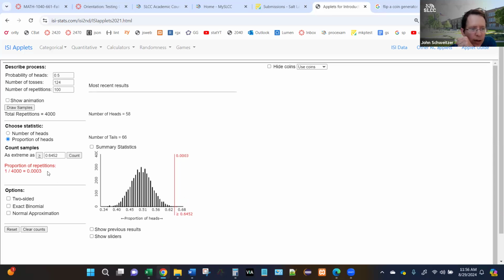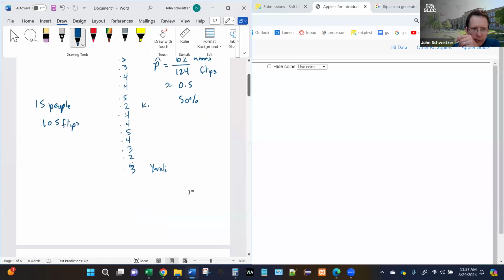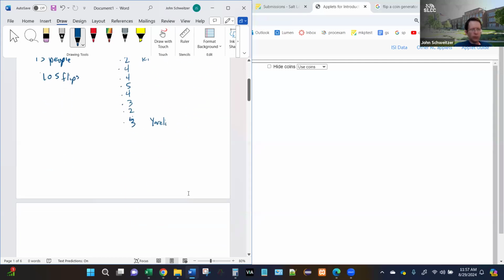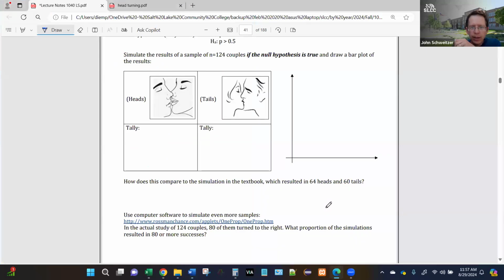Do you see that 1 out of 4,000? This value is called the p-value. I mentioned that word last time. This 1 in 4,000 that we just got is called the p-value. So 1 out of 4,000, point